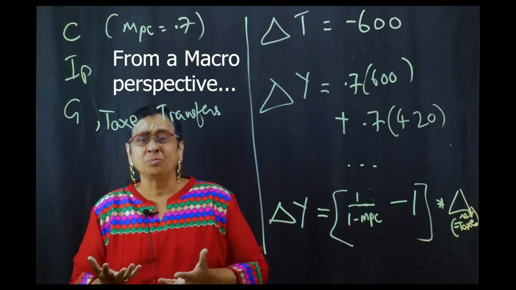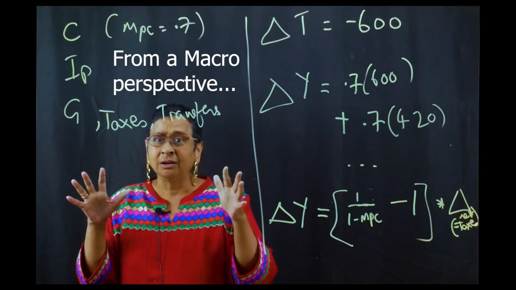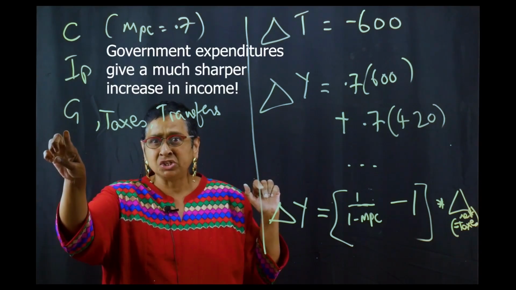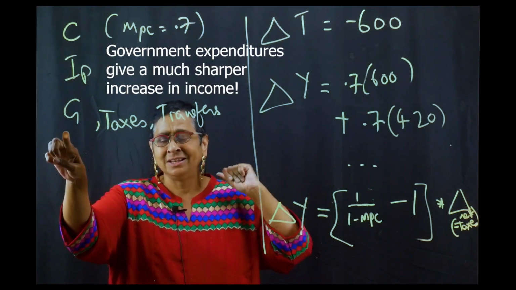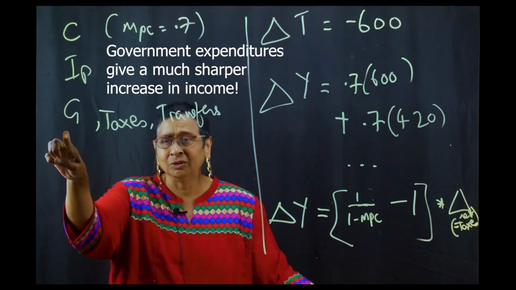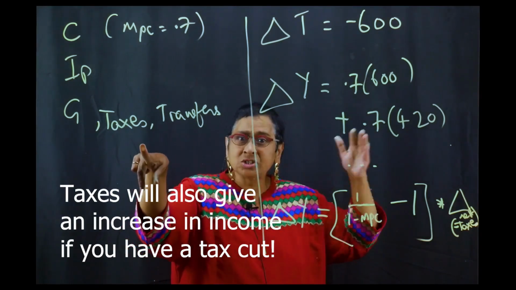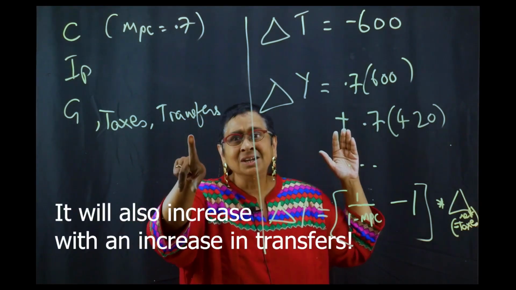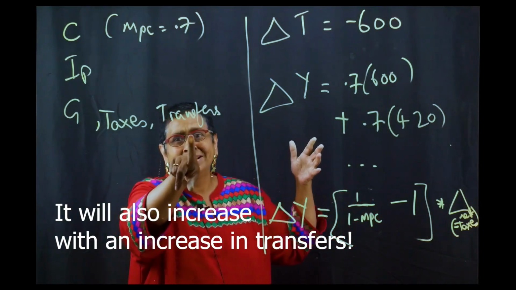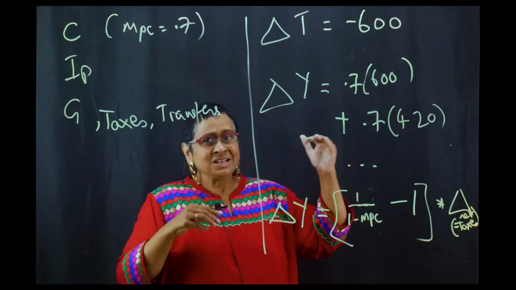But from a macro perspective, dollar for dollar, government expenditures give you a much sharper increase in your income if that's what you're looking for. Taxes will also give you an increase in income if you've got a tax cut. Or transfers will also give you an increase in income if you increase transfers,